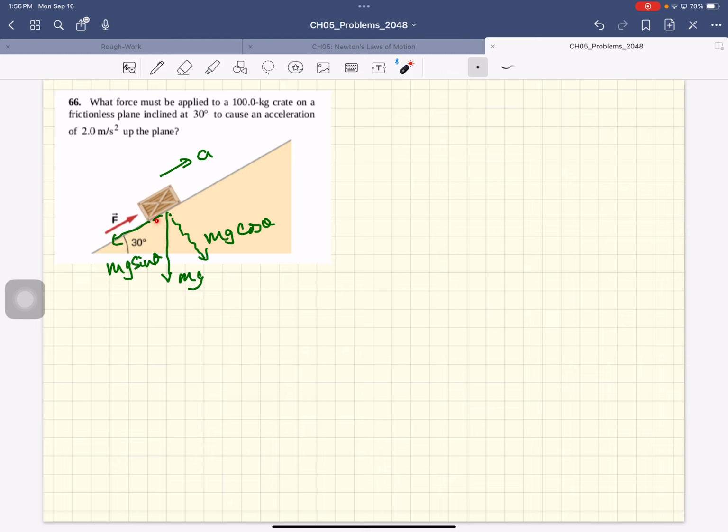And this force had better be greater than that, to accelerate up that way. So we'll look in this direction. So F minus mg sine theta equal to mass times acceleration. So the force you have to apply is equal to m